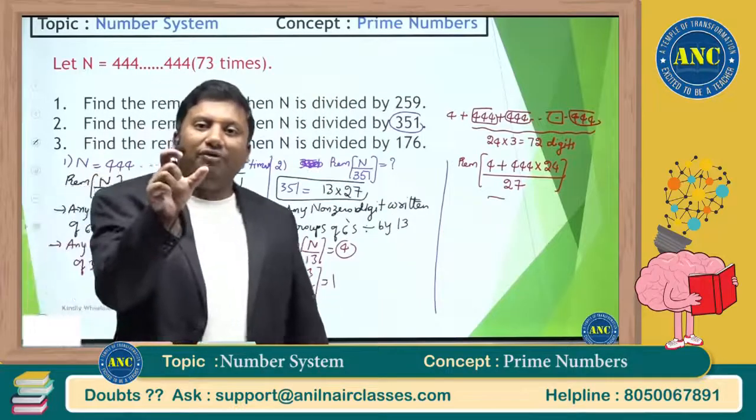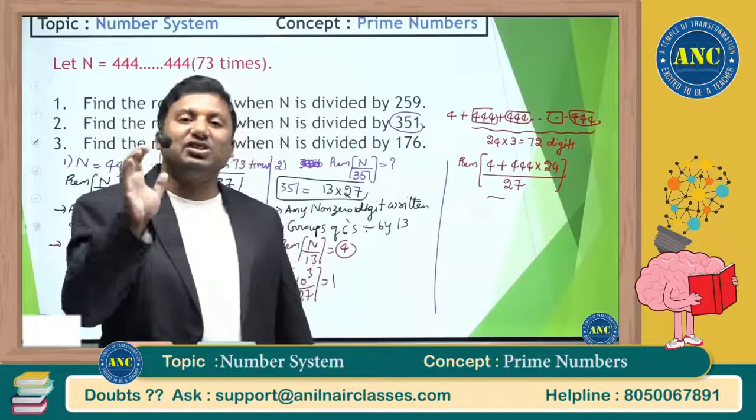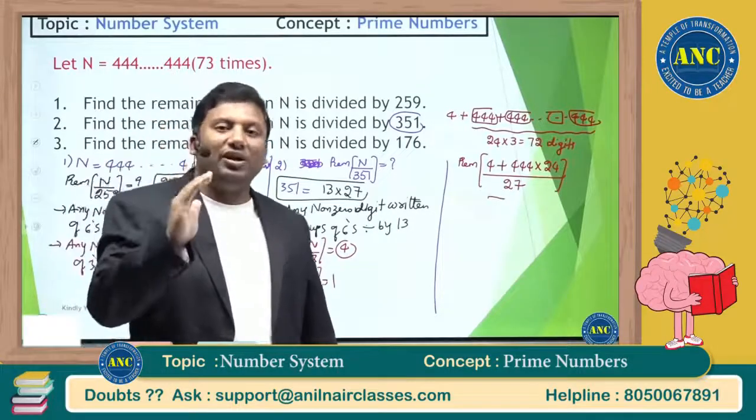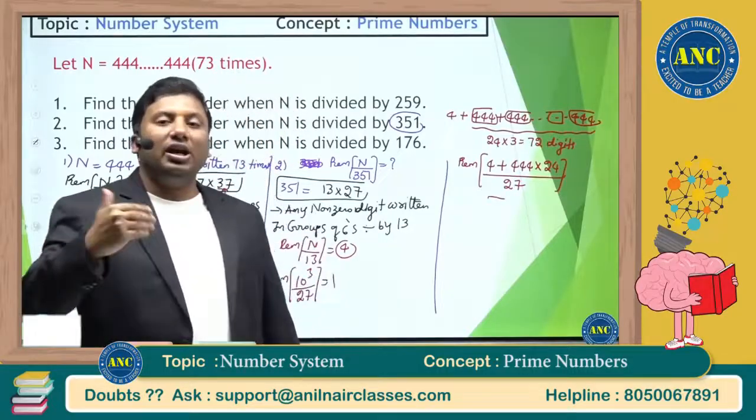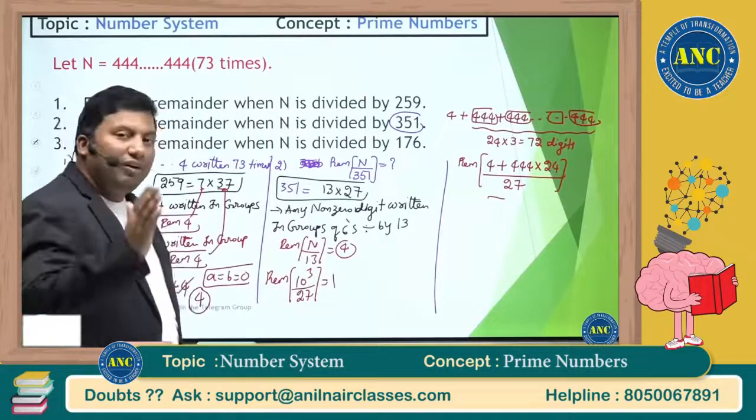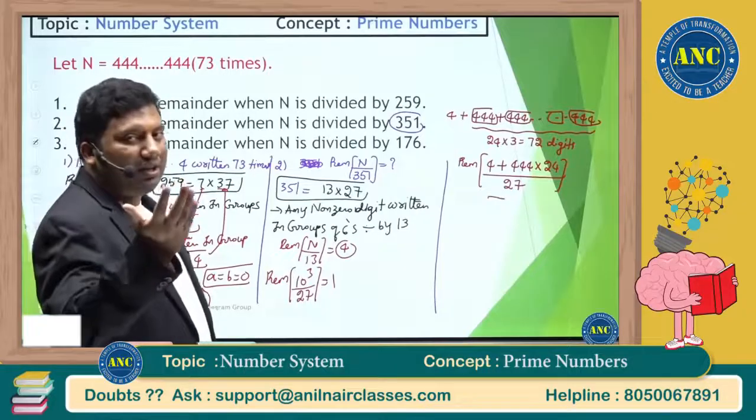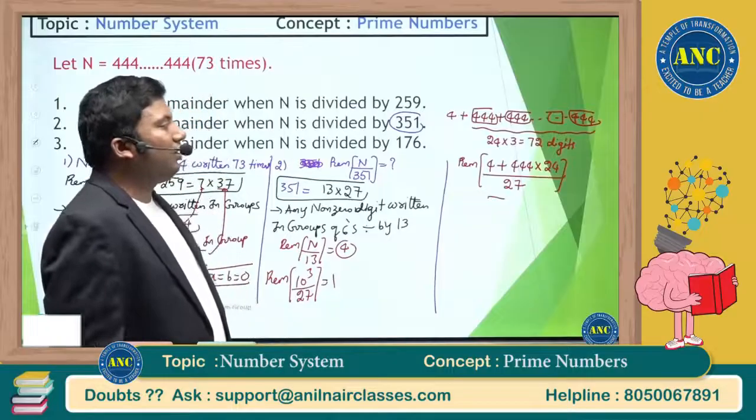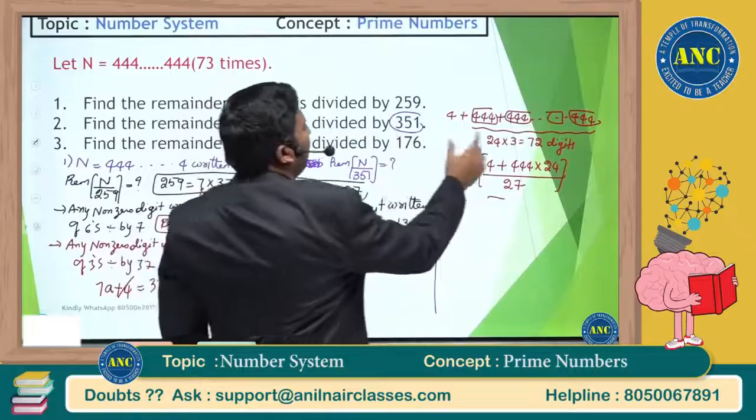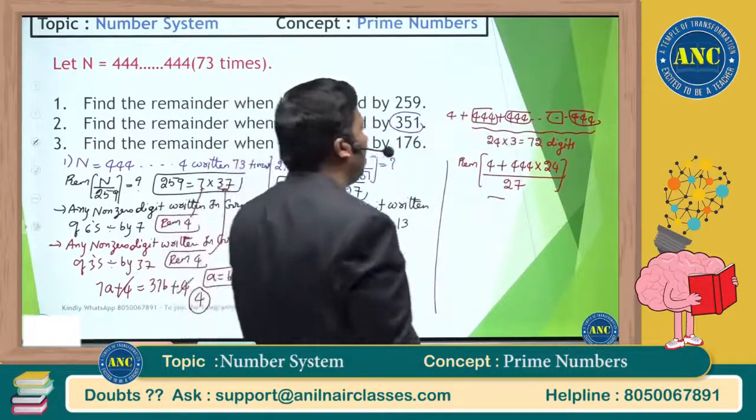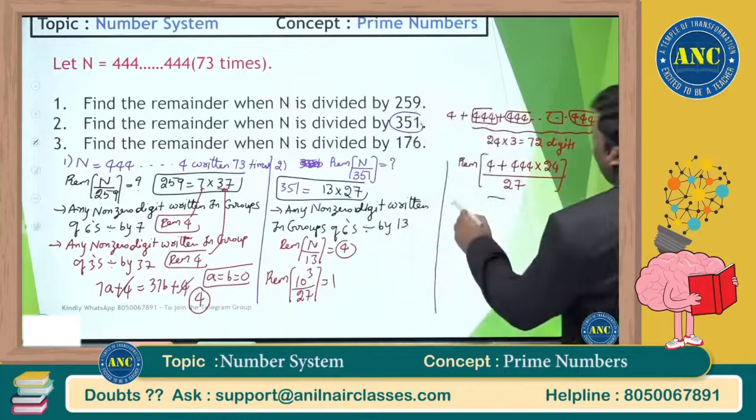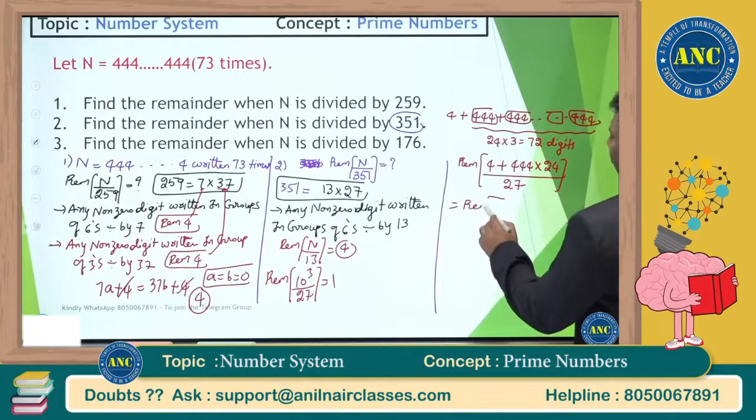If 444 is written 6 times and you divide it by 27, after 444 one slash will come. It is 2 into 444. If 444 is written 3 times, I will get 444 into 3. Like that, 73 times it is there. It is total 72 times, extra 4. So these are nothing but 4 plus